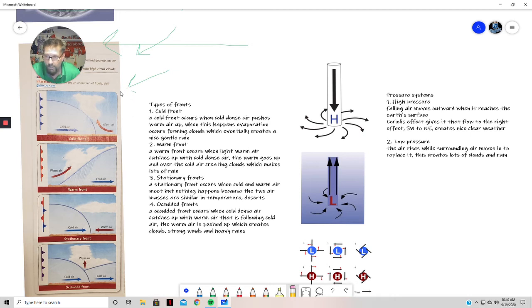So we're just going to start here with this cold front. I've got it written here. So again, be sure you write all this down. Okay, that's super important. But a cold front is essentially, and the diagram tells the picture,